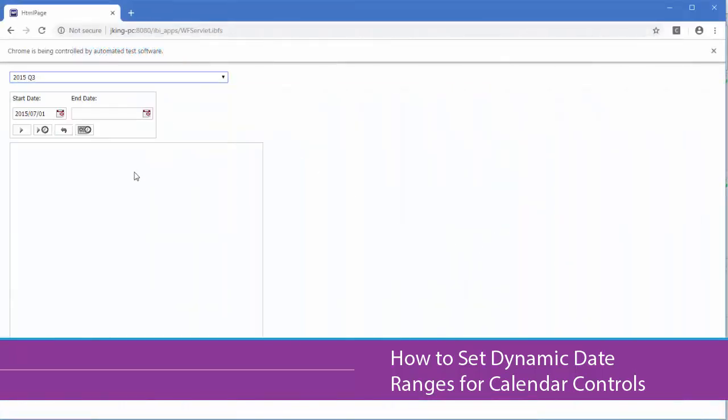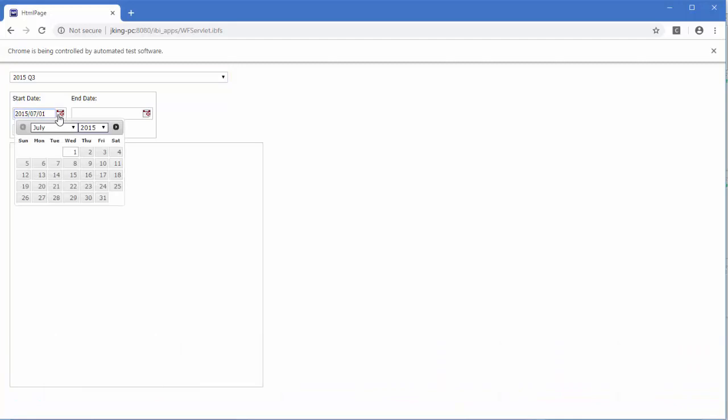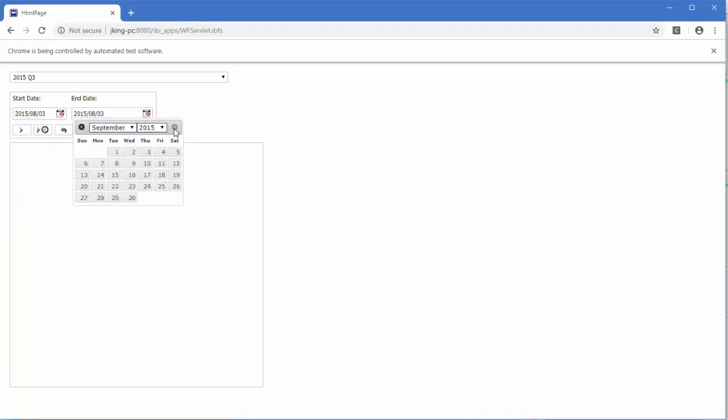Control chaining is a great way to ensure that when you filter an HTML page using a control, all of the available values for other controls on the page will display valid data. Chaining is easy when one control depends directly on another, but things can get complicated when the relationship between control